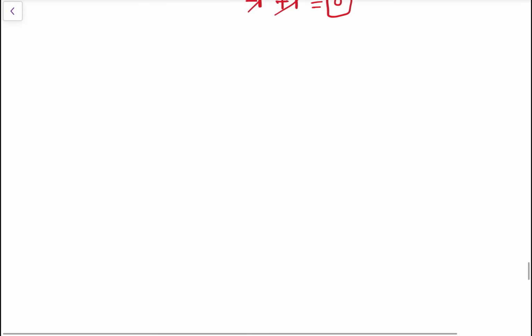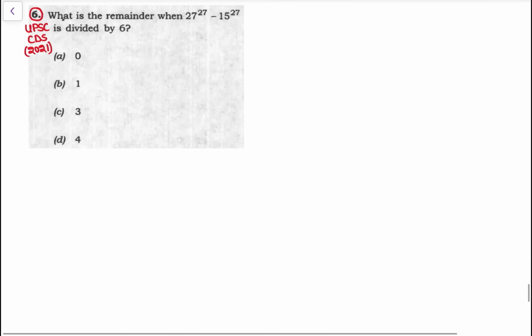Now let's see next question. This is question asked in UPSC CDS exam 2021. CDS में इस तरीके का क्वेश्चन पूछा है, CSAT पेपर में भी आ सकता है. Both exams are conducted by UPSC और उधर पूछा हुआ क्वेश्चन CSAT में आते हैं. Type of questions. What is the remainder when 27 to the power 27 minus 15 to the power 27